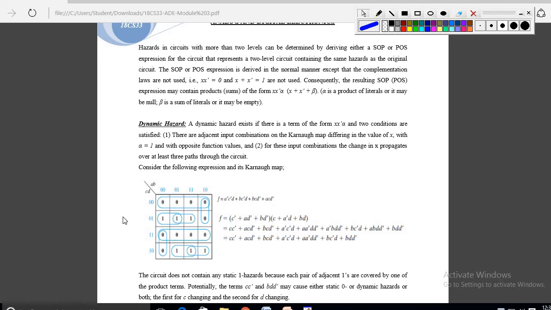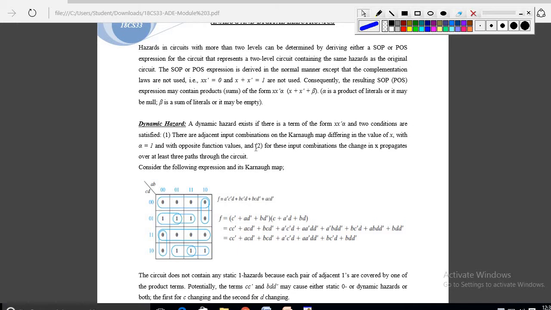Good morning, students. The next concept in this third module is dynamic hazard. Already we have seen static 0 hazard and static 1 hazard. Now we have to see the dynamic hazard. And this dynamic hazard exists if there is a term of the form x x dash alpha and two conditions are satisfied,